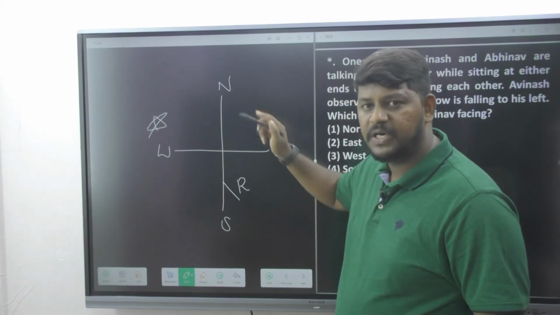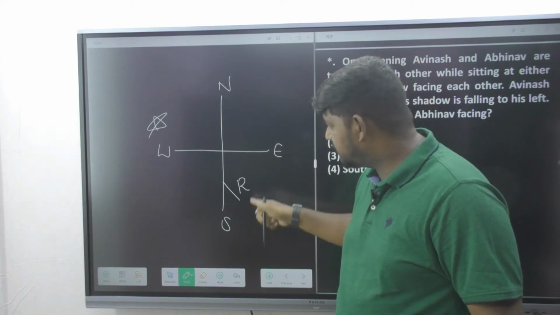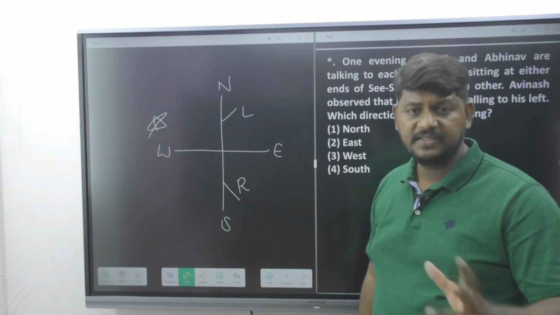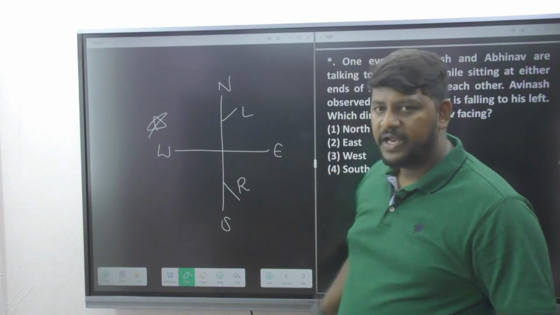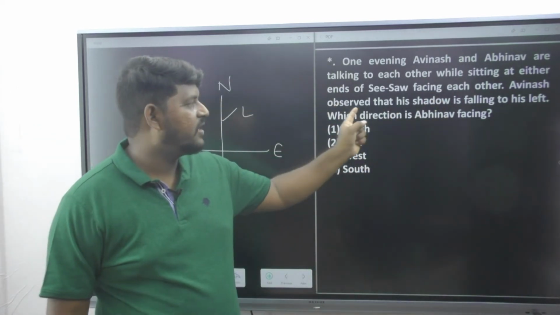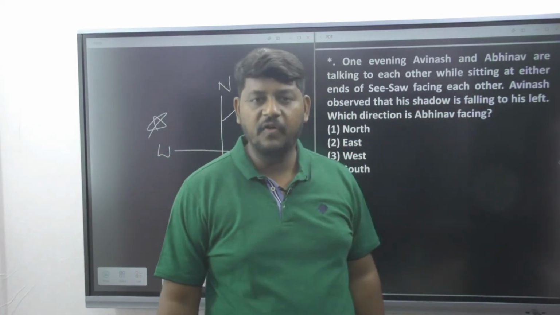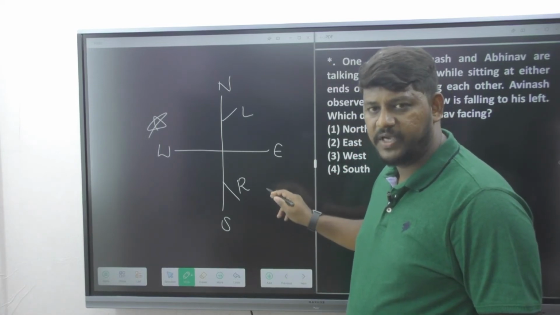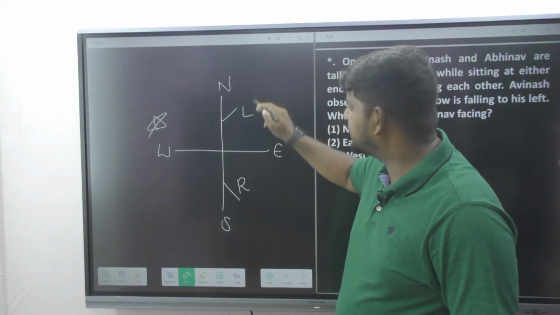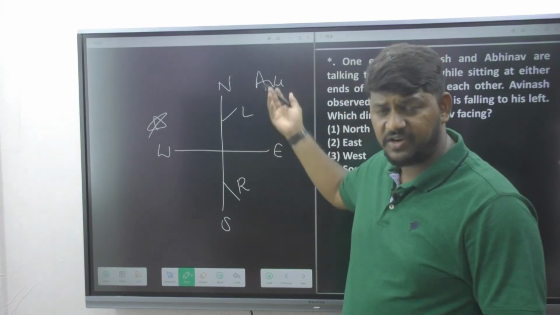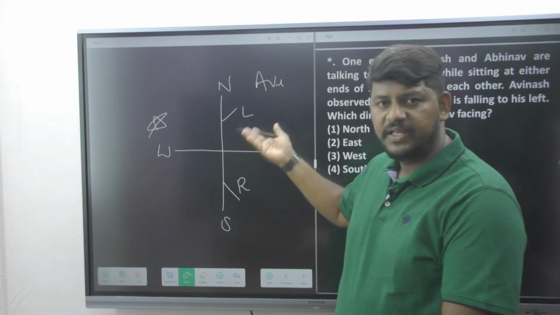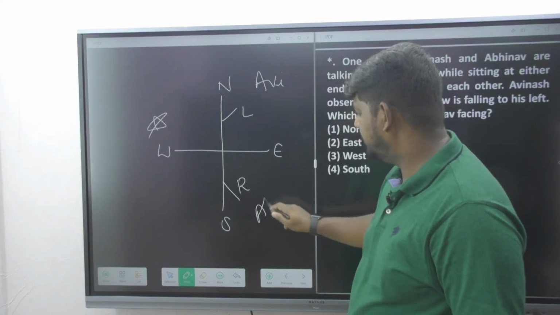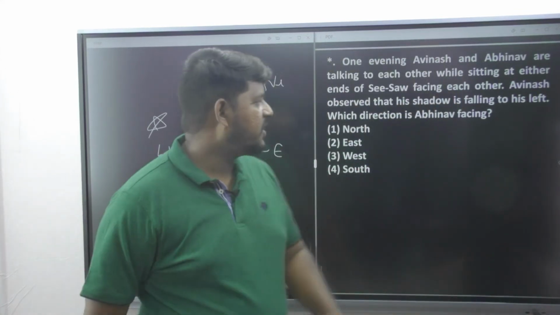Now the person who is standing at north and facing towards south is going to observe their shadow towards their left side. Standing is different, facing is different. Correct? Now where is this Avinash observing? Avinash is observing his shadow falling onto his left side. So obviously I cannot write down Avinash over here. He is observing his shadow towards his left side, so let us place Avinash over here. Instead of placing persons, I've placed the shadows, so comfortably I can place the persons. Avinash is opposite to whom? Abhinav. Correct?